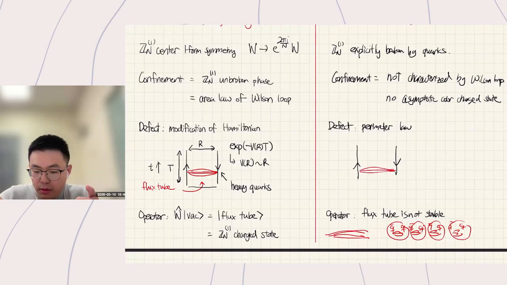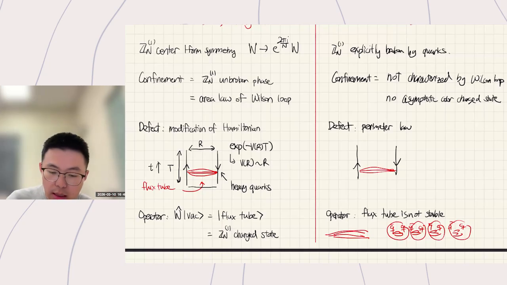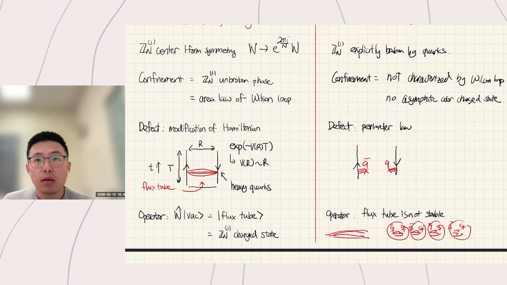But if this flux tube is sufficiently long, then it's more economical to break the flux tube using some quarks. Let me emphasize that these are light quarks. So basically the light quarks will come and screen the probe quarks